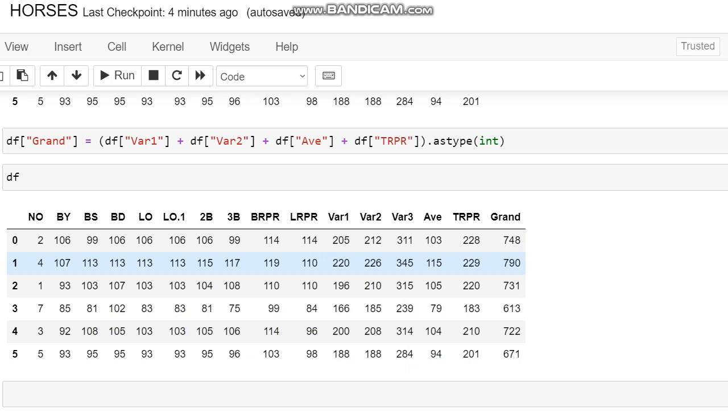And as you can see, 790. But you don't necessarily want to pick that one. You might want to pick one of the others, the second one as well. And obviously if you're going for an each way bet, which I mostly do, then if your horse comes within the first 3, you get paid. I tried this system. I had a hit and miss system before where I was just picking them myself. Once I started this system,